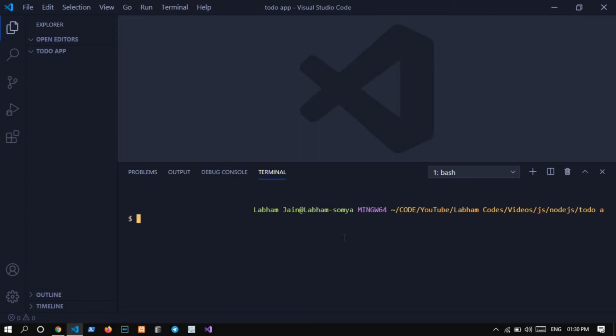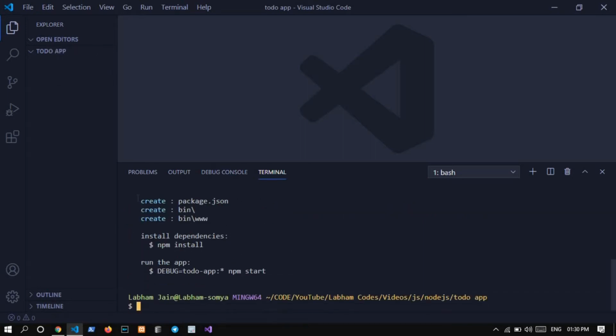Let me rewrite that. express --view=ejs, then a space and a period sign, with a space basically. And then when we hit enter, it will create multiple files and some folders like bin, public, routes.